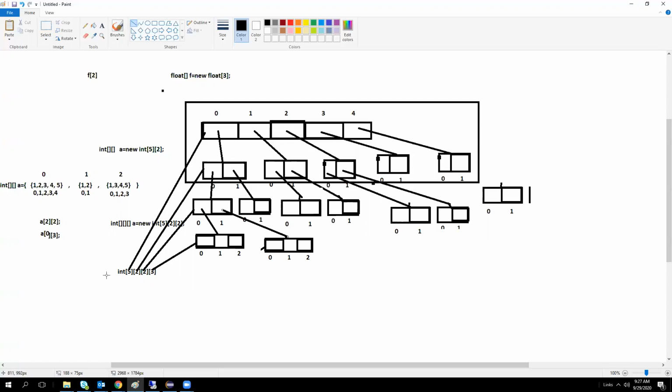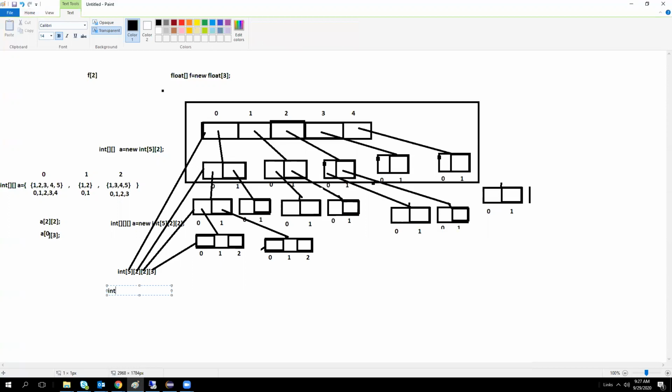Like here it is 4-dimensional, but we can create 10 levels of arrays also, 10-dimensional arrays. If you find something like 5, 2, 2, 3, again it will come to 2.